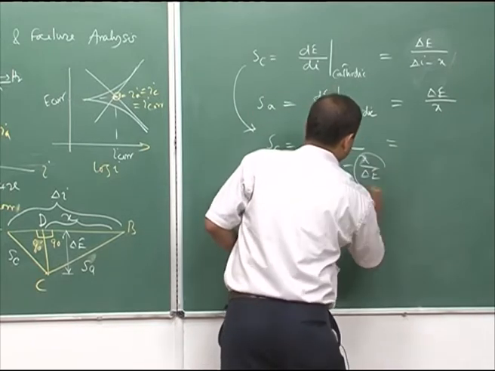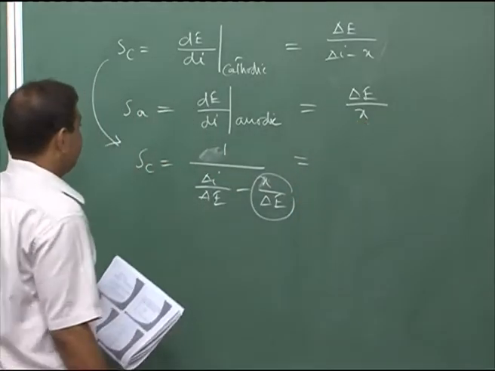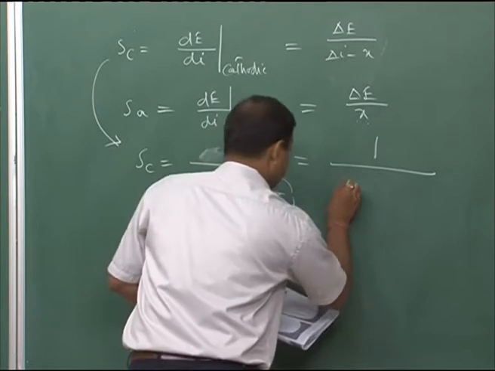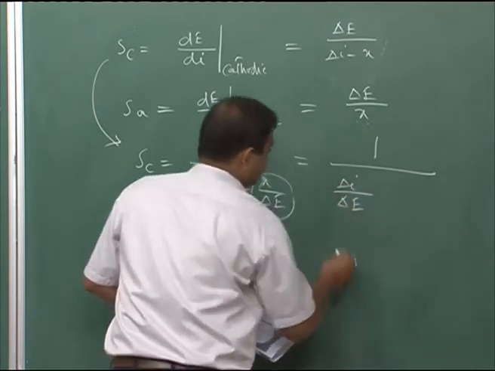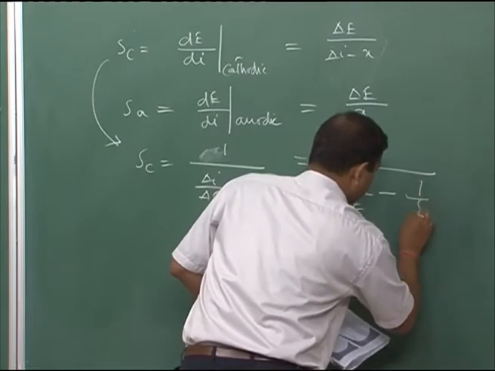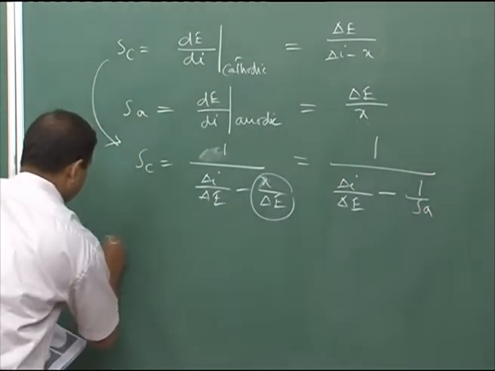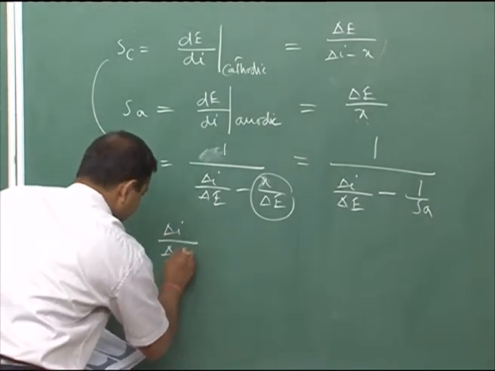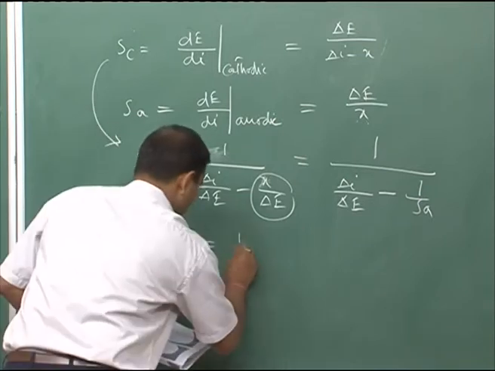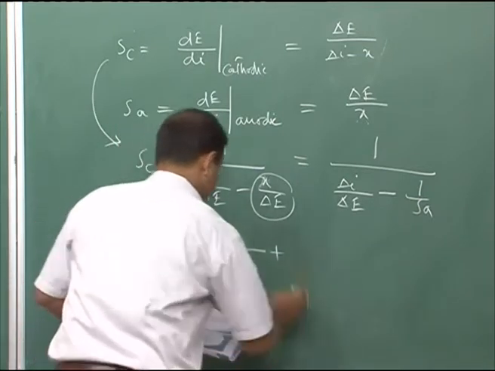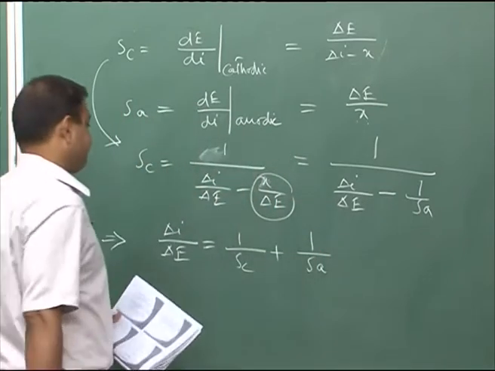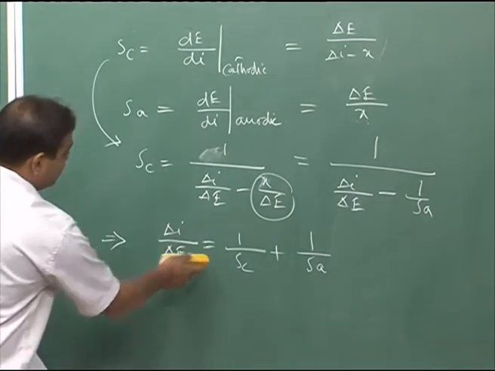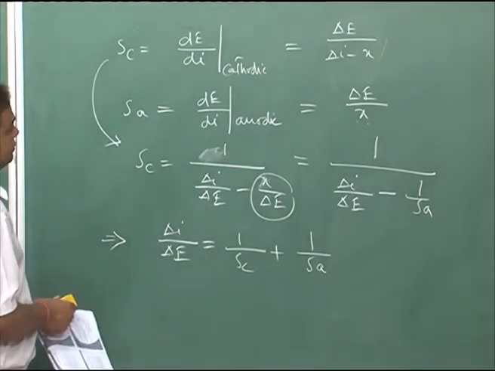where this one is 1 by S A. So, S C equal to 1 divided by del I by del E minus 1 by S A, and we can simplify and we can get del I by del E equal to 1 by S C plus 1 by S A. Now, once we know this equation, we can